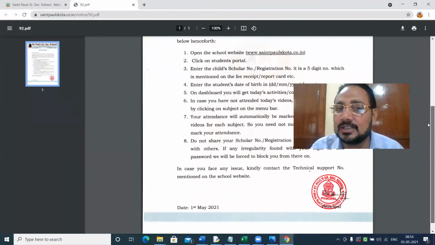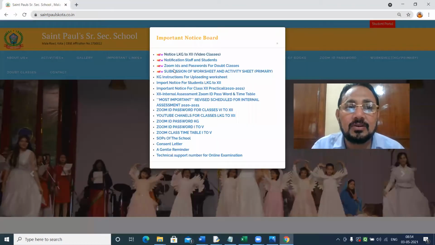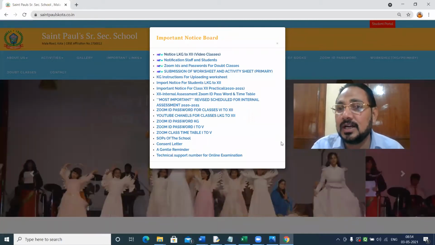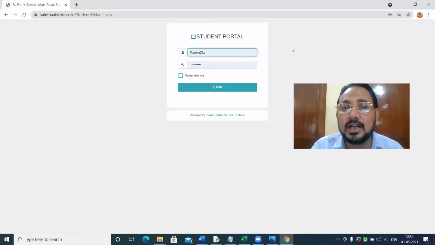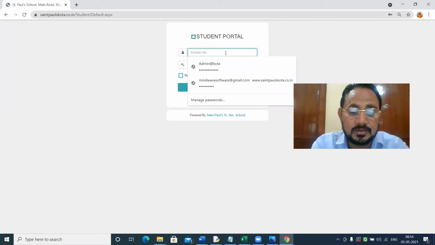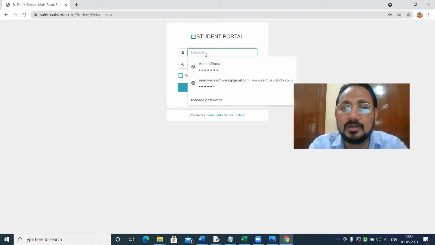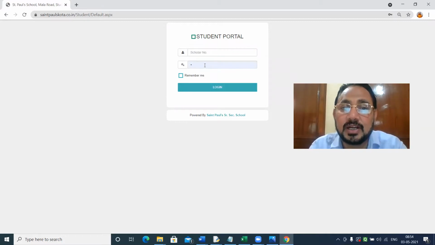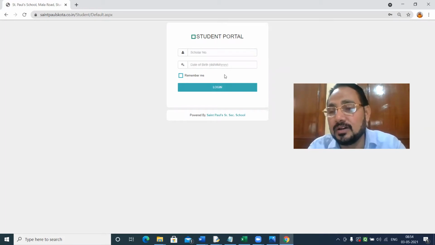Click on student portal and enter the child's scholar number and so on. Now what I am doing here, I'll go to the site, and on top the student portal is there. You click on that, and then you have to enter your scholar number. When you enter the scholar number and your date of birth, what happens?